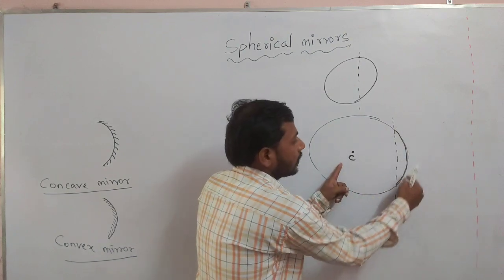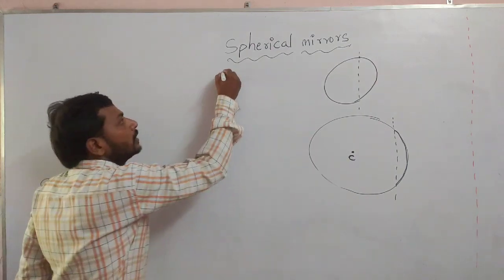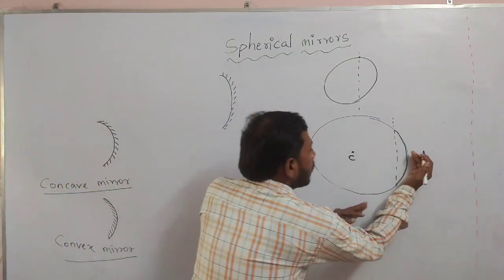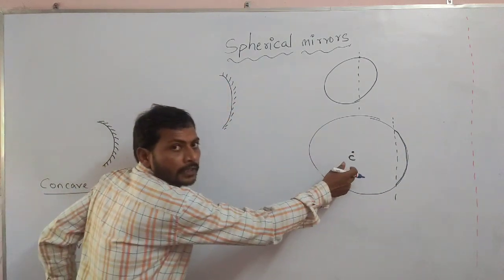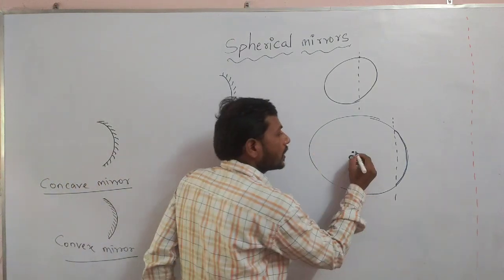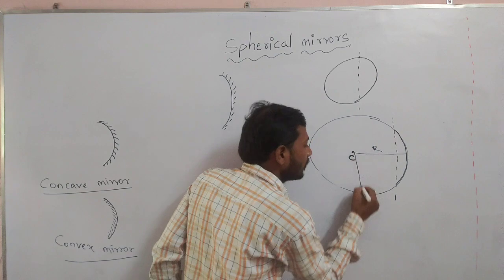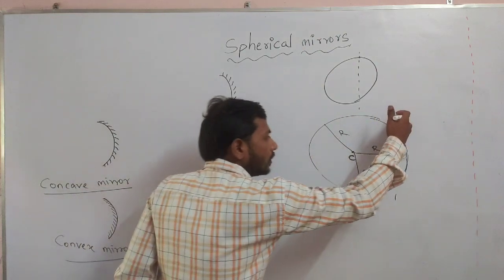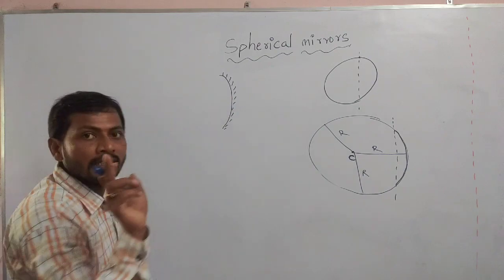Then I have taken this part. This part diagram I am drawing here. Any one side, this side I colored. Now if I imagine the sphere from this part, you get the same sphere. When you take the total sphere, it has some radius r, and the distance is the same everywhere, no? Then I cut this and kept it here. So now here also one center exists or not?